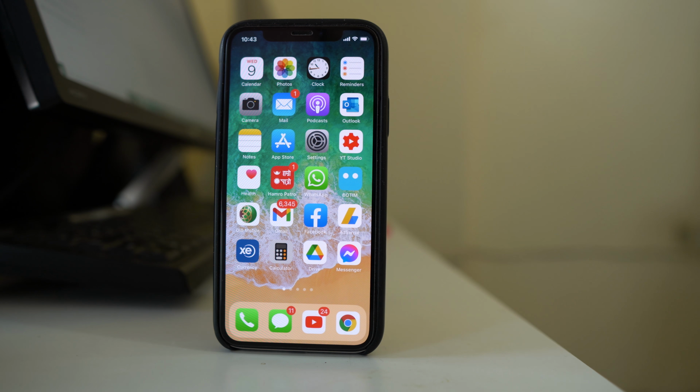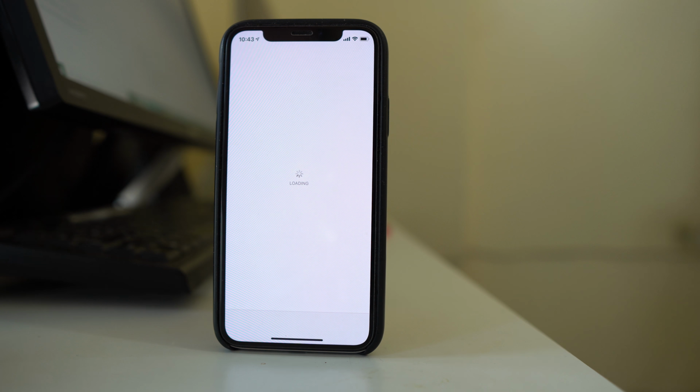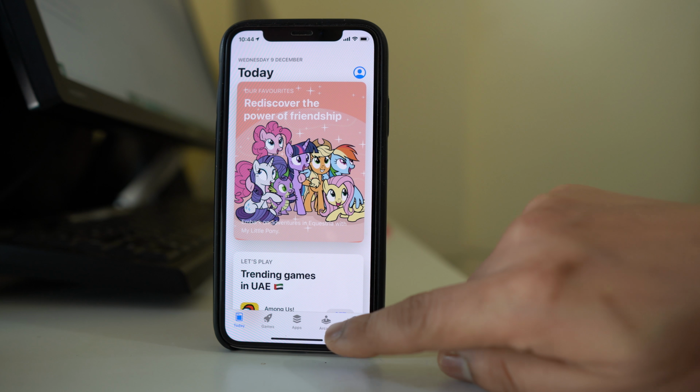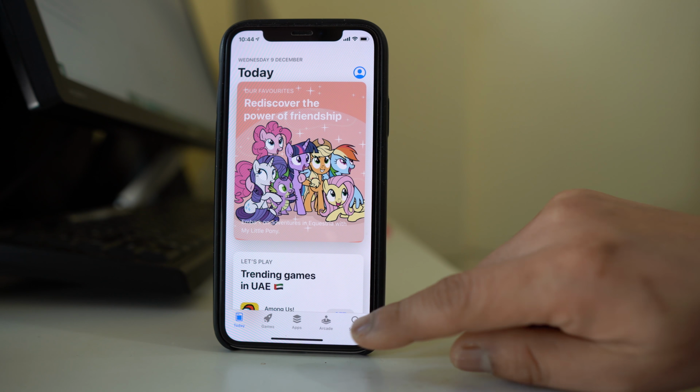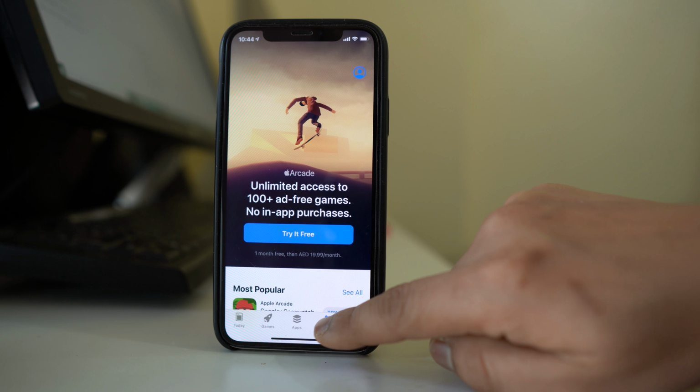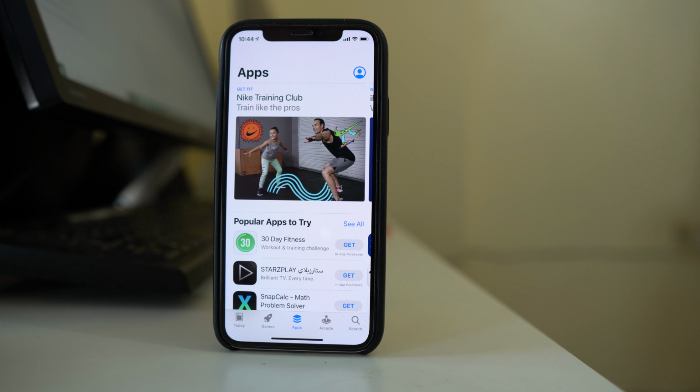Now suppose you open the App Store and it seems that you are connected to the App Store but you cannot download the application, then you can do two things in that case. Open the App Store, and then we will clear the cache for the App Store. If you want to clear the cache files for the App Store, you can tap on any of the icons 5-6 times. Once you tap on any of the icons 5-6 times, the cache files will be automatically cleared.